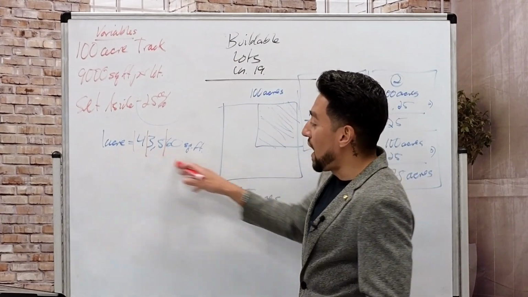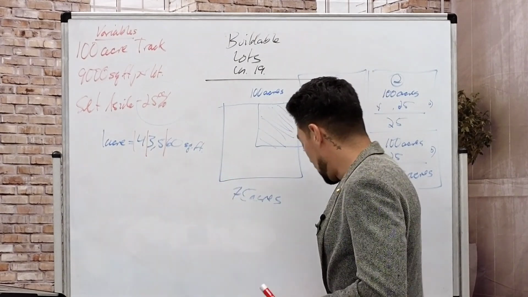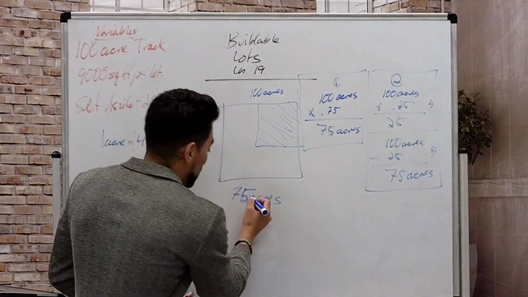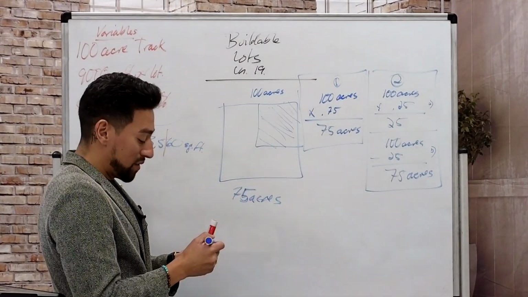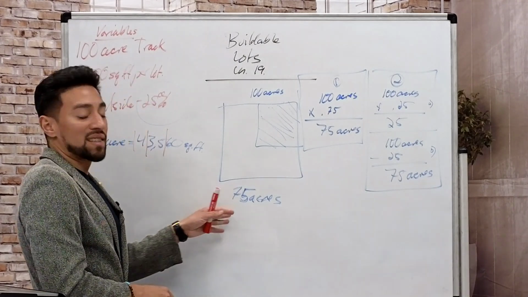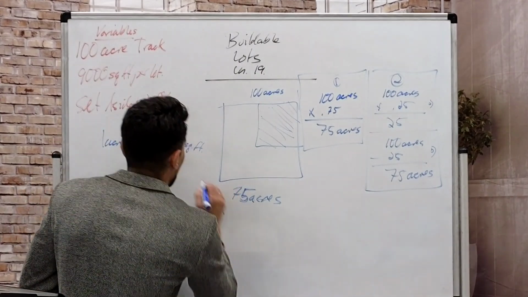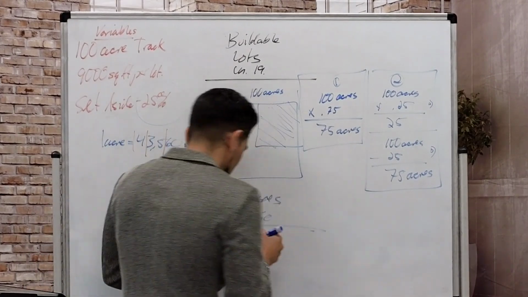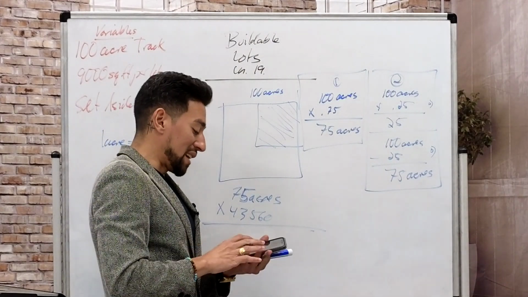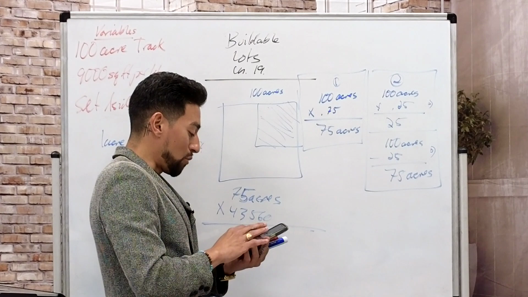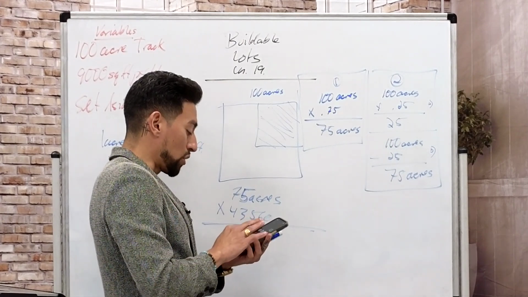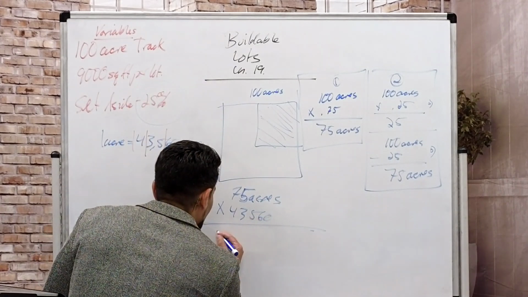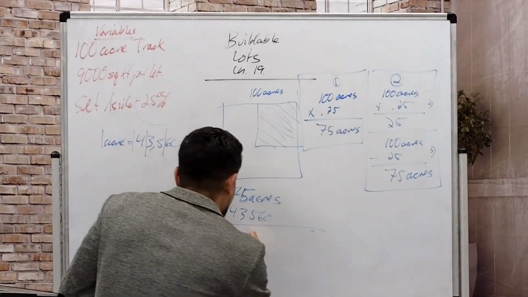Okay, so now that we have our square feet per acre, now we need to find out how many square feet we have, because we have 75 acres. So now what must I do? I got to take my 75 and multiply it by my 43,560. Okay? So now we take our calculators and we put 75 times 43,560. That is going to give us 3,267,000